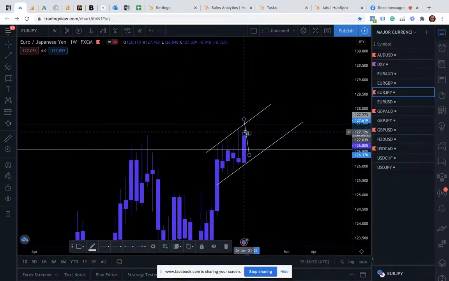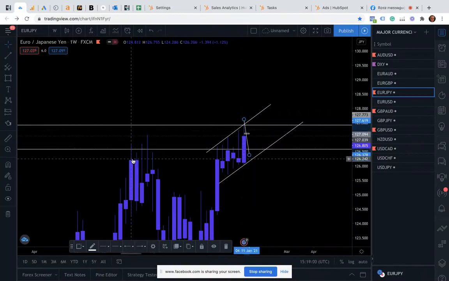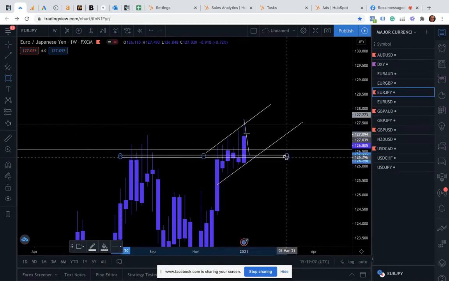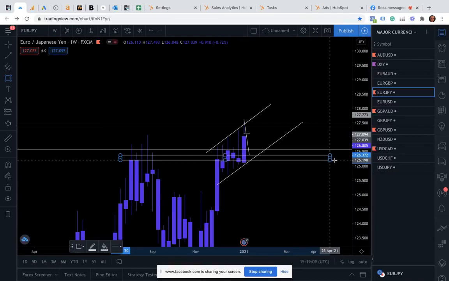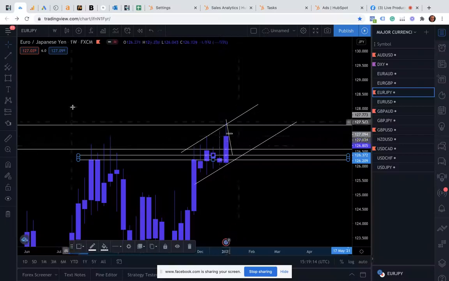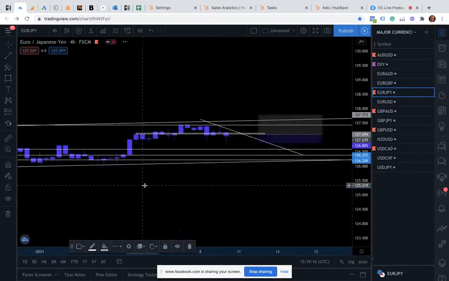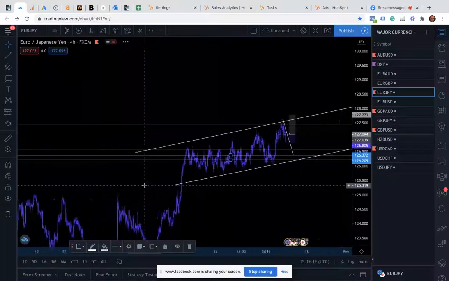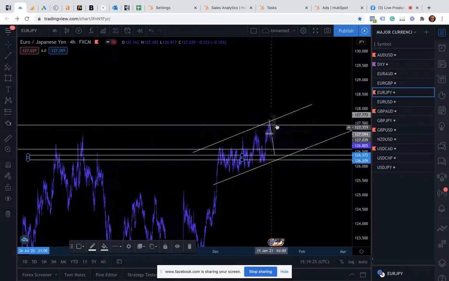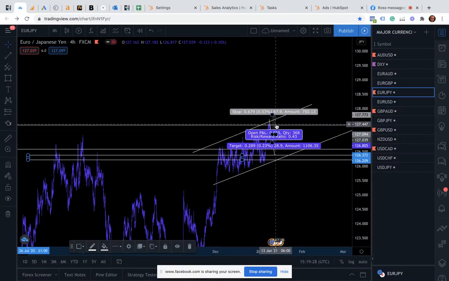potentially if we were to take it to anywhere, we'd really just want to be looking out for this zone here. Now, why would we be looking out for this zone here? Because we want to be making sure that we're clearing any areas that are going to give us trouble. So again, this is quite an area to be watching out for. So of course, if we were getting in now, we would be getting in quite aggressively. We'd be getting in very early, so we want to make sure our stop loss is well out of the